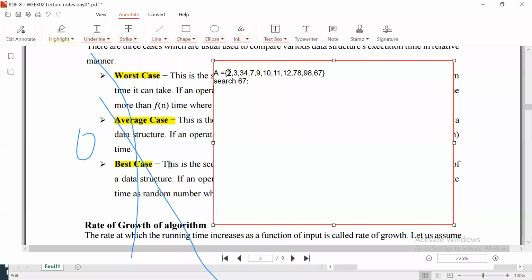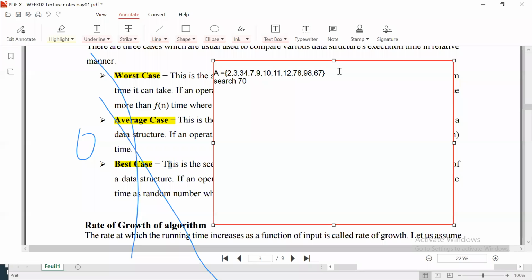The algorithm is going to verify all these elements. It is going to check the first element, is it 67? No. It takes the second element, is it 67? No. The third element, and it verifies like that, and you will discover that the algorithm will be at the end before it discovers 67. And the worst case will be if the number that you are looking for does not even exist. For example, if you are searching for 70,